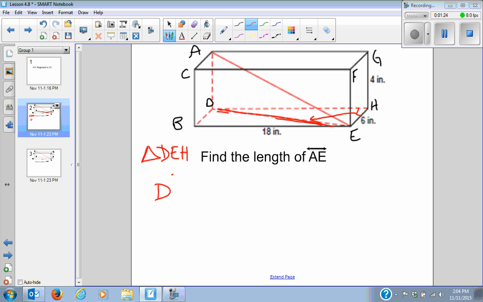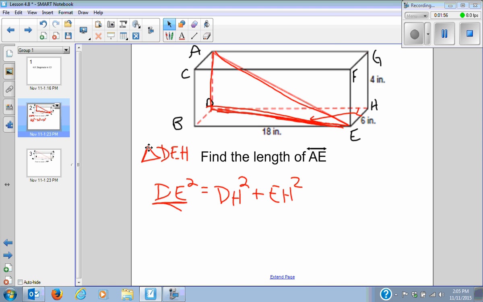So DE squared is going to equal DH squared plus EH squared. And the reason I need that is for this triangle right here, I need that length, which is DE, right here. So I'm going to use this triangle on the bottom, do it in blue for you. I'm going to use this triangle right here, which I know all the lengths for, and it is a right